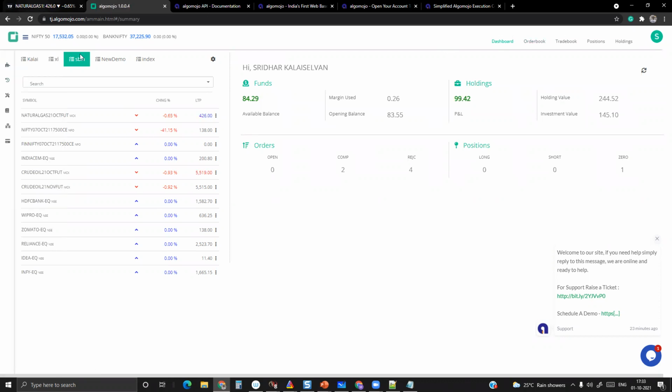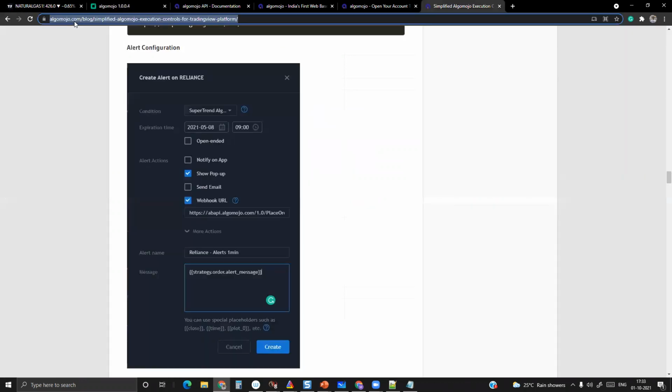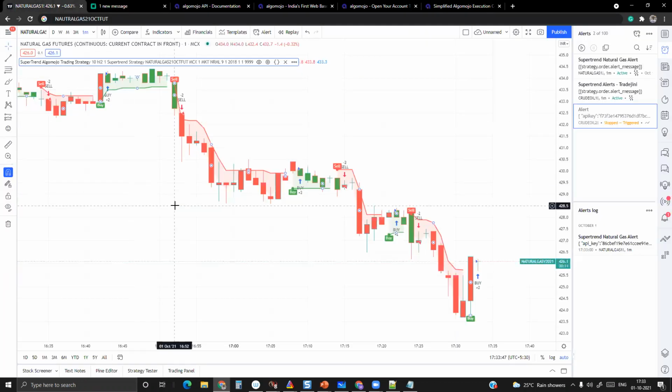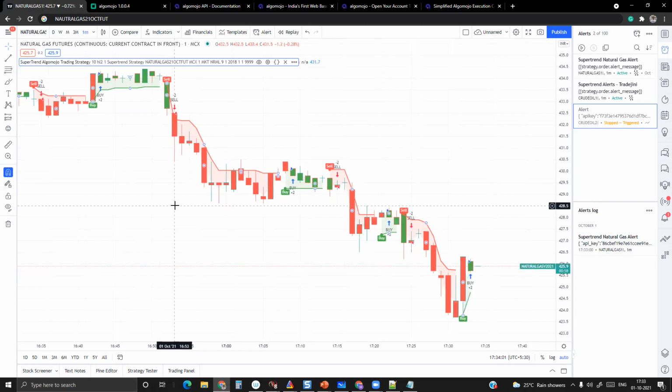This test application is given in this link. I also shared this link as well. Now, what I am going to explain here is how I can connect my own trading strategy. Let's say you might have some strategy from the TradingView application itself, or you might have generated your own strategies. How you have to design those strategies, how you can connect your own strategy with AlgoMojo, which are the modules that I have to connect so that I'll be able to connect my own trading strategy easier. That is what I'm going to explain.